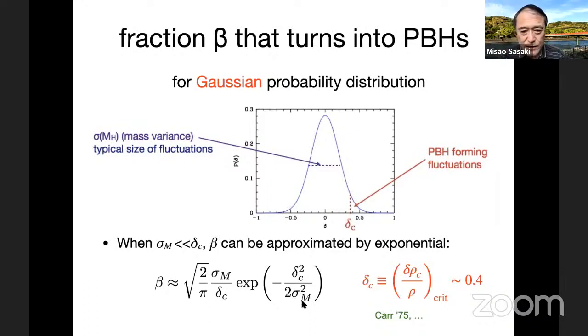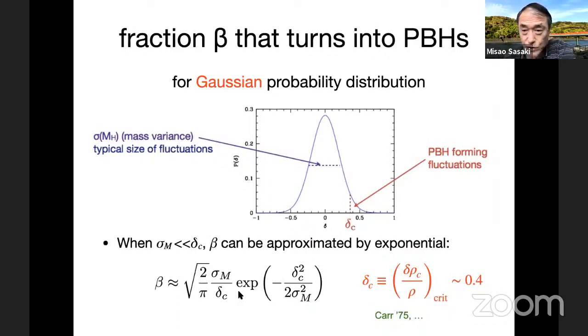So this is essentially the power spectrum itself. The power spectrum amplitude is usually small, because if it is order 1, the linear perturbation theory is no longer valid, and the universe probably becomes highly chaotic. But we know at least this must be smaller than 1, probably much smaller than 1. And if sigma squared is much smaller than 1, and if delta_c is order say 0.4 or 0.5, then this exponent is very, very large, which means that usually the black hole production is highly suppressed,